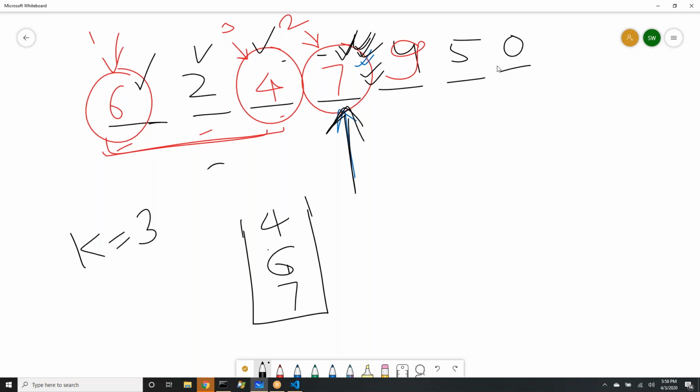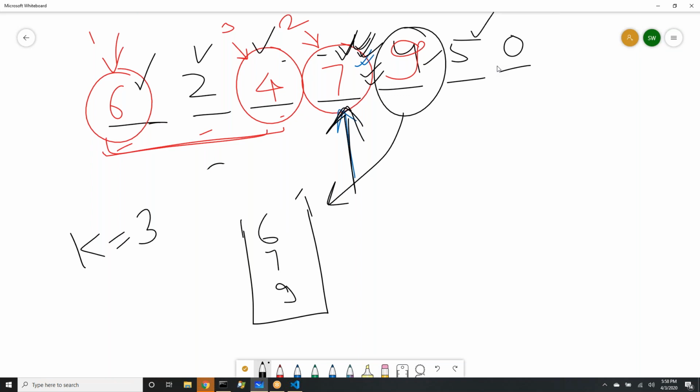Now 7 came into the picture, we have taken it in. Now when 9 comes, we say 9 is greater than 4, get rid of 4, put 9 in. So 4 goes away. When 9 comes in, your heap will readjust to make it 6, 7, 9. Now you take 5 in. 5 will say, I am smaller than the least element. So does 5 deserve to be in the top 3? Absolutely not. Because when current value is less than even the minimum value we have so far, we discard it, don't put it in the heap. 0 comes, 0 is less than 6, don't put it.